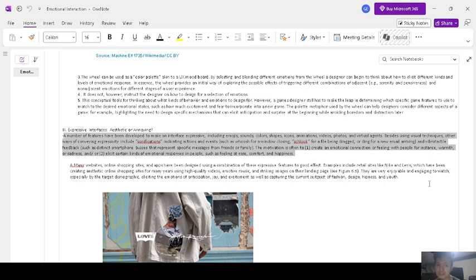sonifications, indicating actions and events such as whoosh for a window closing, shloop for a file being dragged, or ding for a new email arriving, and vibrotactile feedback such as distinct smartphone buzzes that represent specific messages from friends or family. So the most commonly used technique to trigger emotion is sonification used for actions and events,